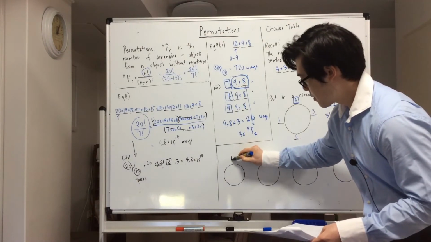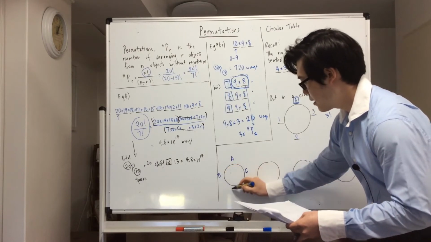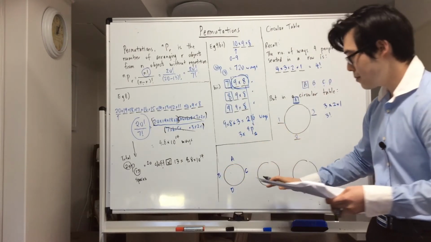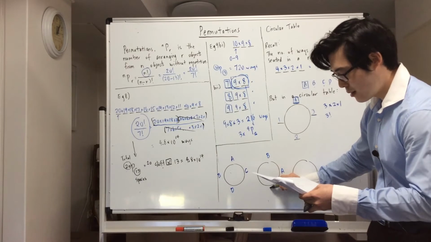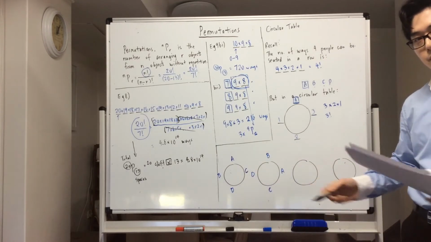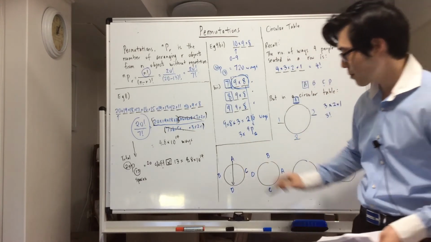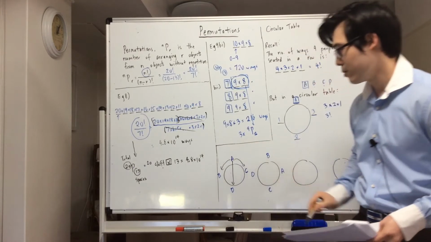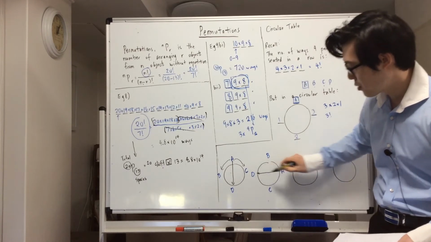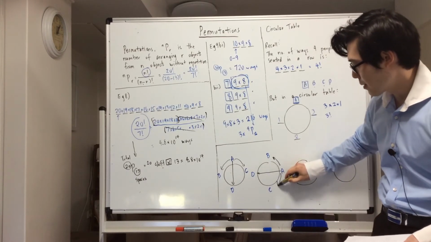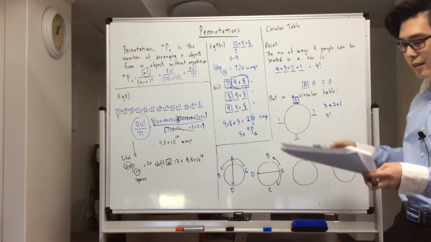And here's the reason why you lock in one person first when it comes to a circular table. Let's say the person A sits here, B sits here, C sits here, D sits here. Isn't this the same arrangement as if I had person A here, B here, C here, and D here? Aren't these two the same? Because A is directly on the other side of the table as D, and B and C are right next to A. In this situation, likewise, A is sitting directly opposite to D and is also next to B and C. Okay? These two are actually the same thing,